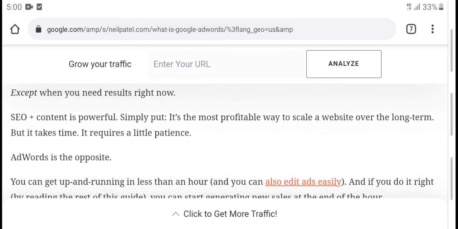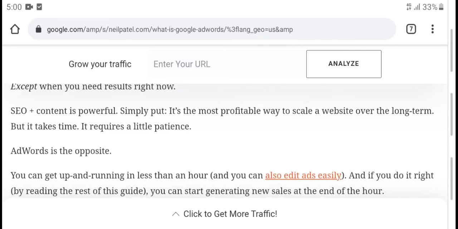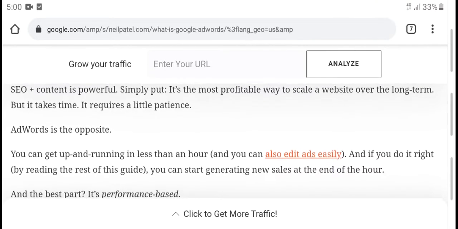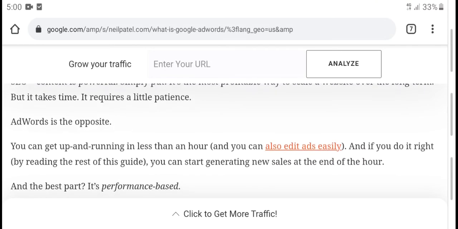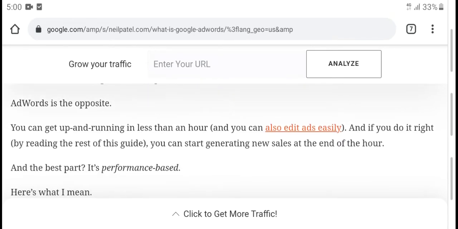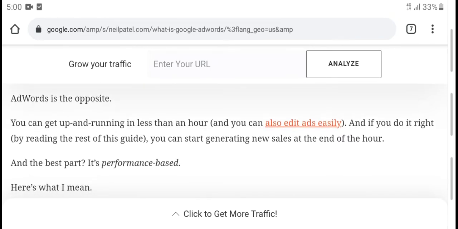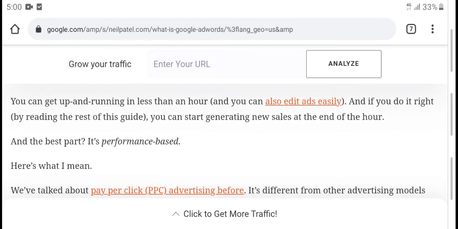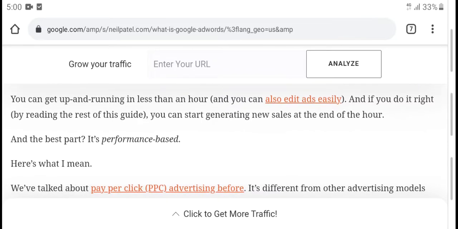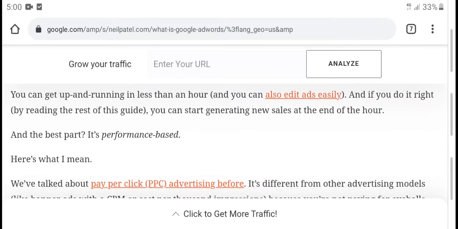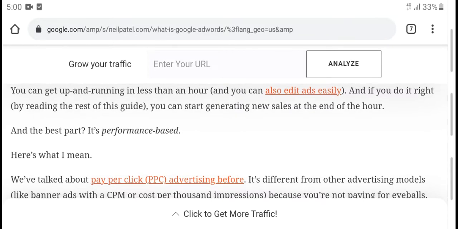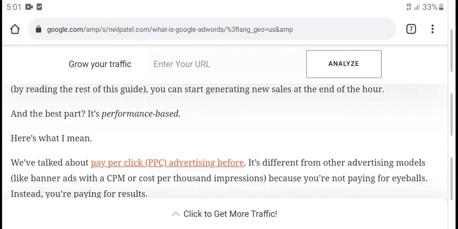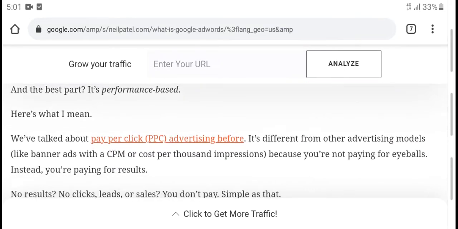SEO content is powerful, simple, and the most profitable and sells website in the long term, but it takes time. AdWords is the optional offset: you get the site to get running, the lost in others, and can also edit it easily. By reading this guide you can start generating new sales in hours, and best party professional basic, he what this